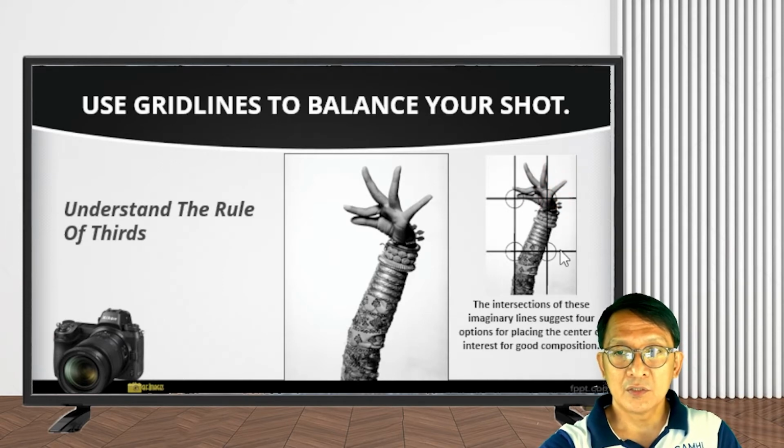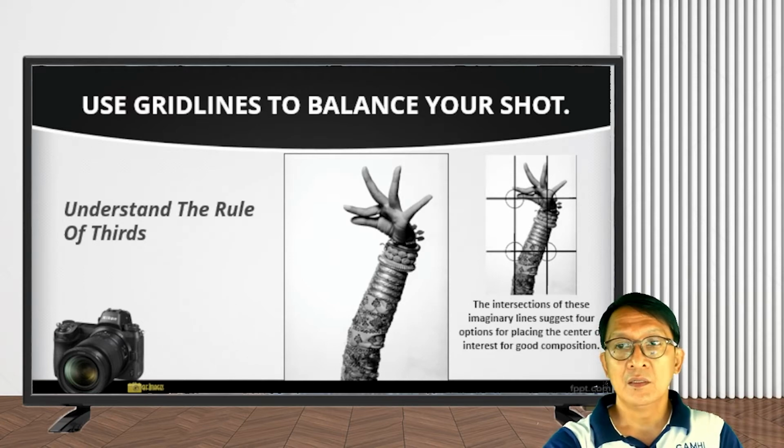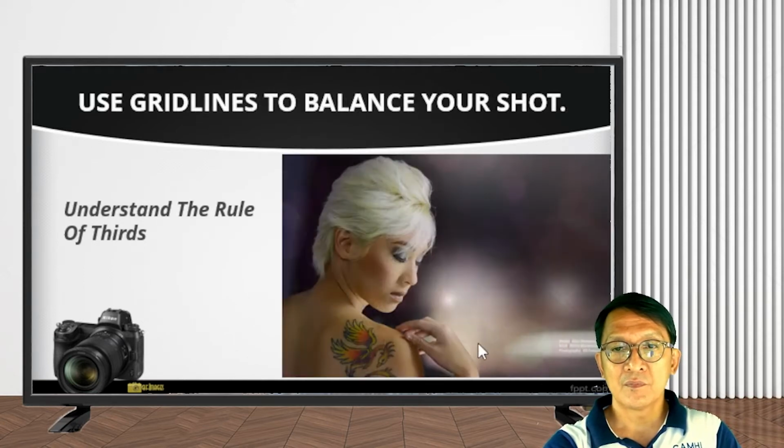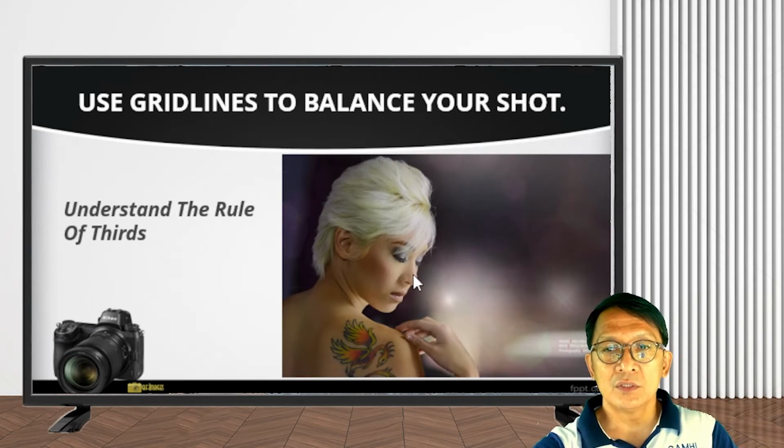Okay? Yung main subject mo para mas maganda yung pagkakakompose ng photo. Okay? Now, if you are shooting portrait, tulad nito na sa example, you should focus on the eye, no? So, ilalagay nyo sa rule of thirds nyo, sa intersection yung the nearest eye nung subject nyo.